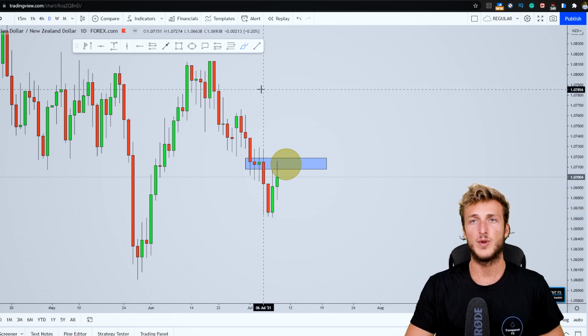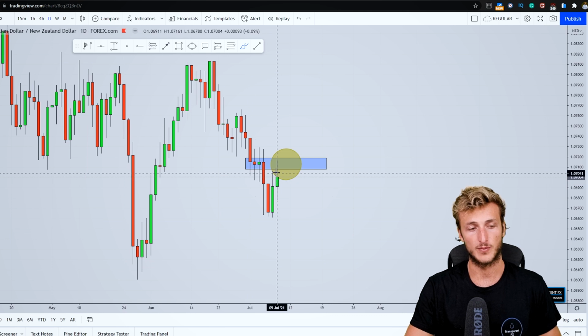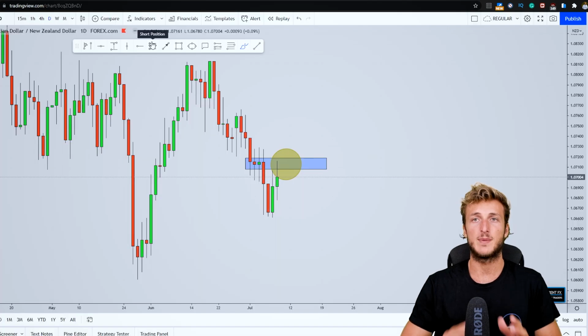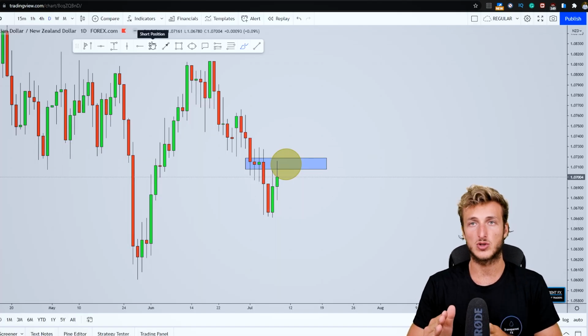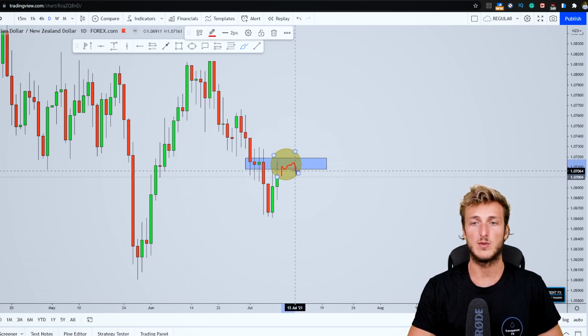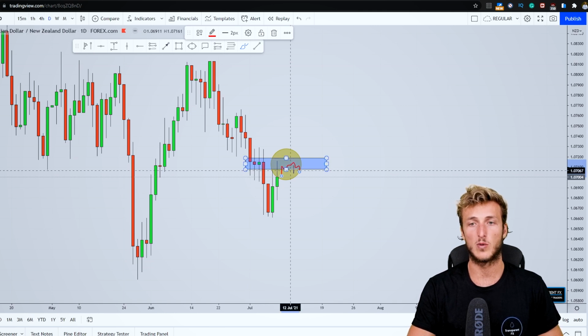So how we will be approaching this potential shorting opportunity with students? Now, as usual, we will be reactive and not predictive. The monthly, weekly, and daily combined with the COT data are the best time frames when it comes to the directional aspect of the market. But when it comes then to confirmations and entries, the best time frames are the 4-hour and the other intraday time frames. So with students, we will be monitoring price action from a 4-hour perspective and lower inside of this